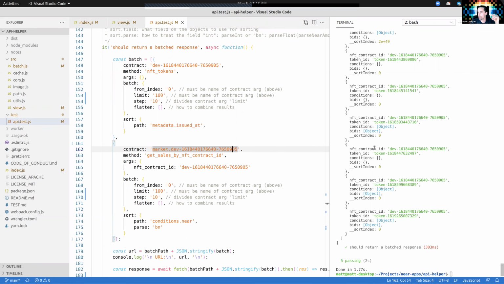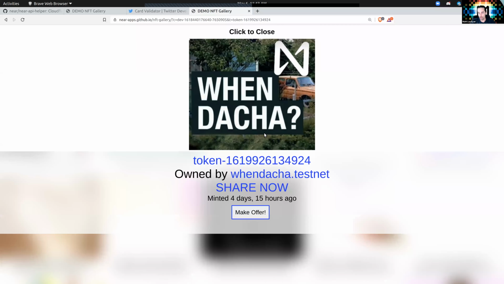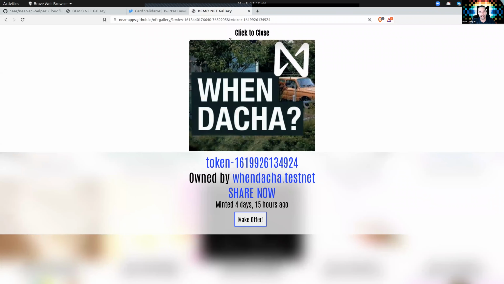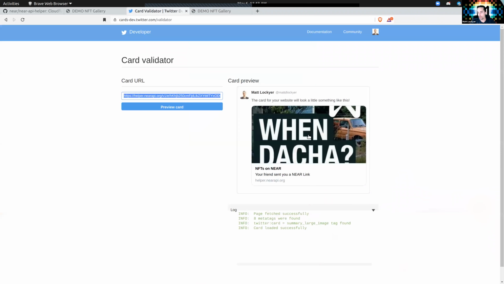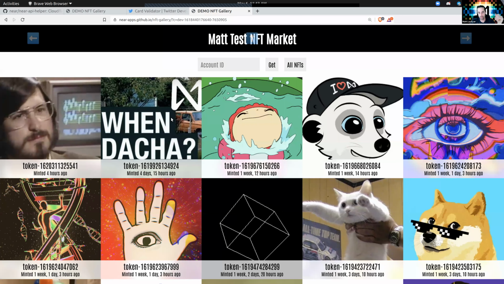You get a response with a whole boatload of stuff, and then you can do interesting things like power these bot responses. But what's actually cool is, I showed you the bot response, and then when I go visit it, where do I go? I go to the actual token, the actual page. So I get redirected, but the Twitter bot sees this. So you can do essentially link sharing. You can do the caching, which you saw in action here. And then when you refresh the page,